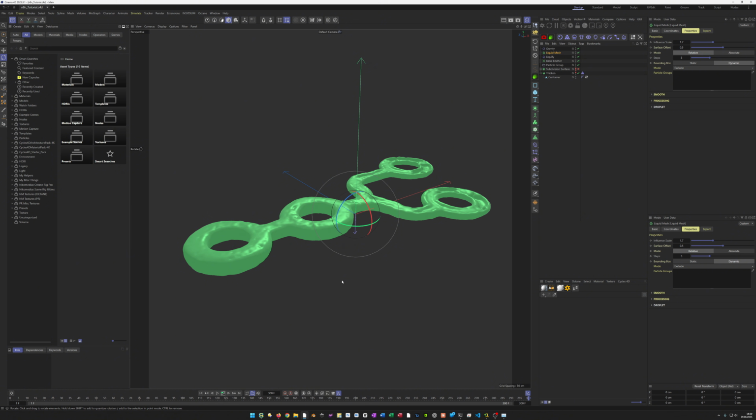And yeah, I don't use Redshift. I don't like Redshift. I cannot explain why, but I don't like it. And I don't want to learn another new renderer. You can render this in the physical render or in Octane. I don't want to show the physical render here. That's the standard render, because I showed